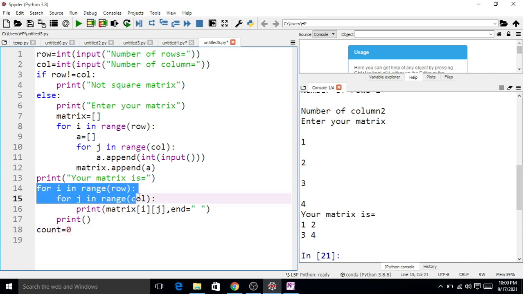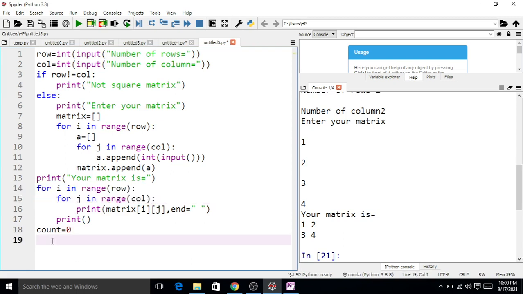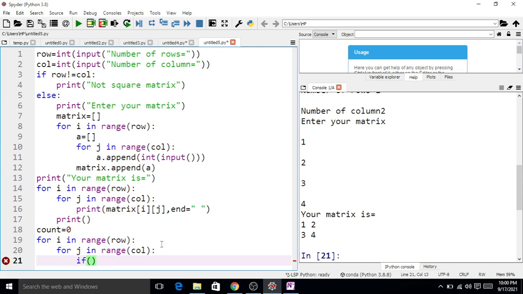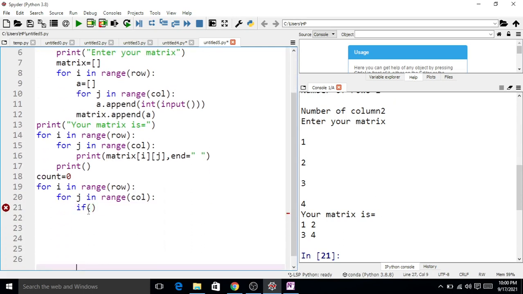Again for i in range row, j in range column, if i greater than j and matrix ij not equal to 0, then count is equal to 1.